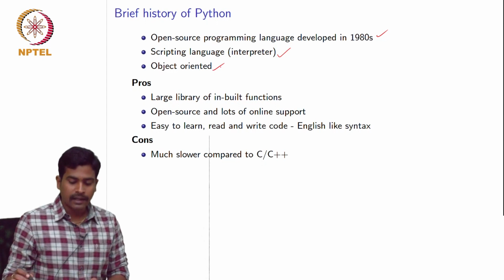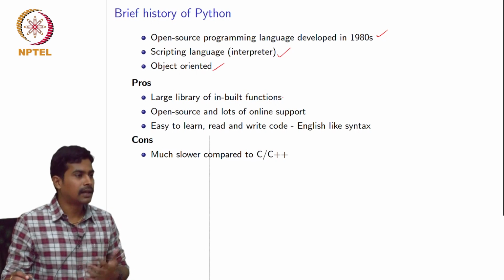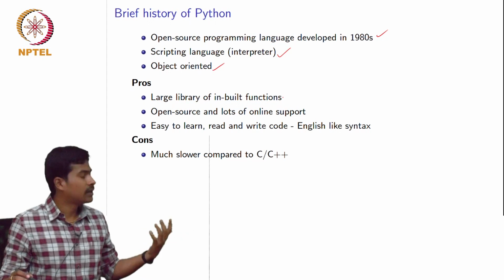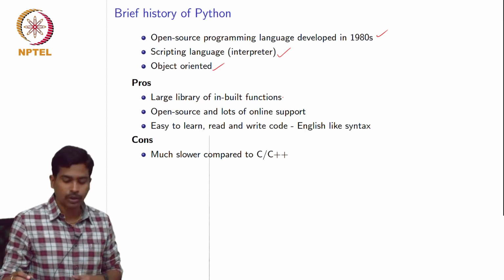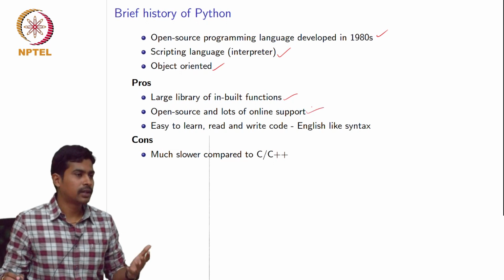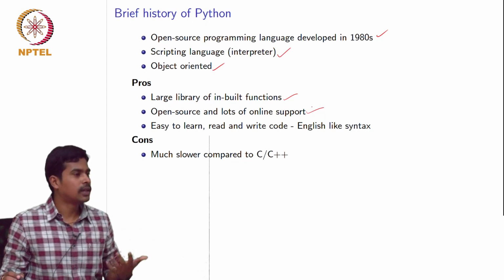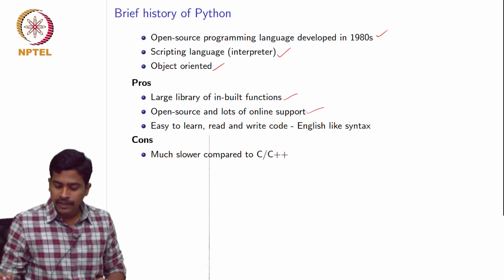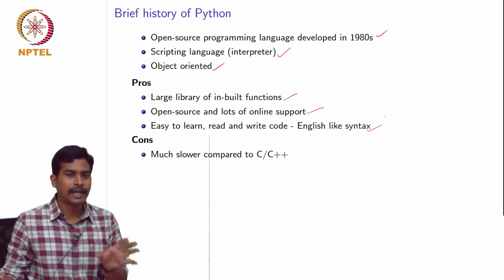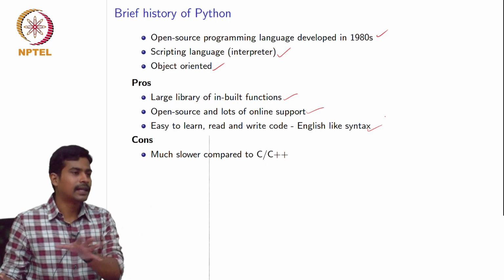These are the advantages of Python, because it has a very big open source library. Most of the functions are already written by other people, and you can just directly import those libraries. And it's open source. If you have some doubt, you can post your question on Stack Overflow or some other website, and you can get a solution within a few minutes. It's also very easy. The syntax of Python is very similar to the English language, so when you write a program, you feel like you are typing English sentences.